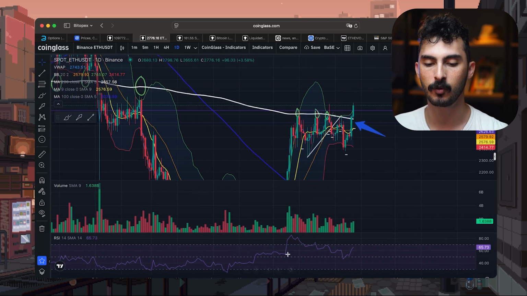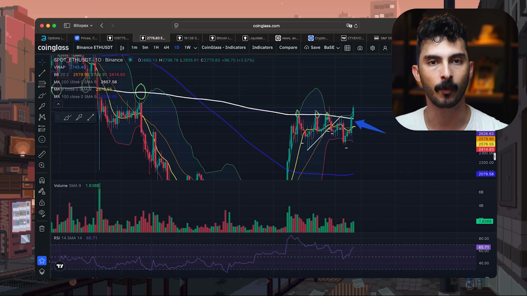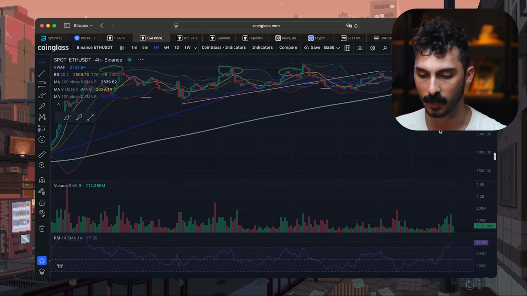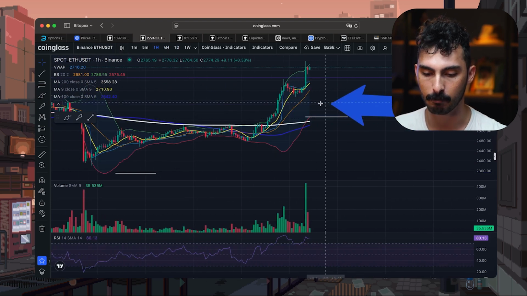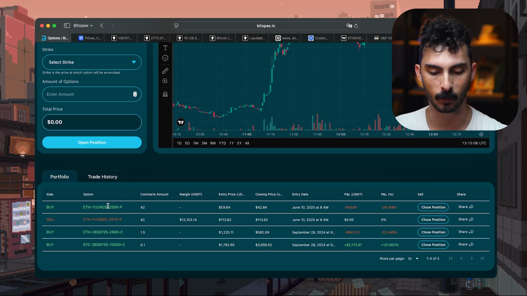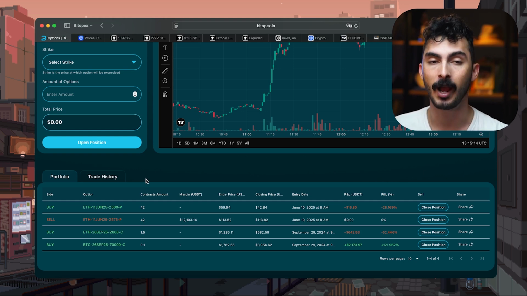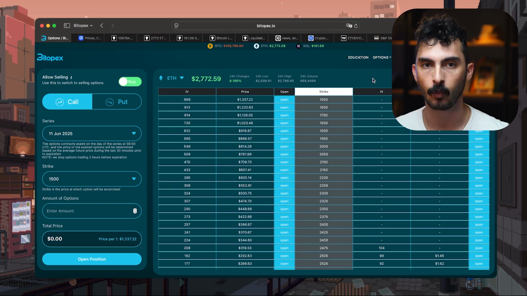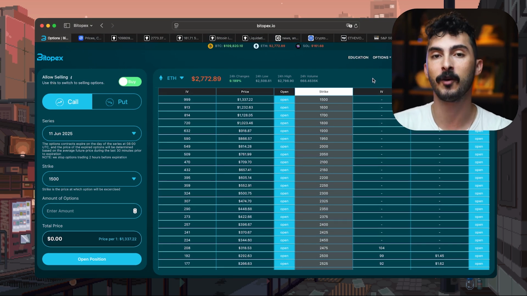But how are you going to be able to make money with our options? By selling options, creating that passive income. So I already opened mine. If we go back to the 4 hours, even the 1 hour, you can see that I already made my bet right before this huge spike right here. I sold a put spread, and we can see it right here. So the put spread was a 2575 and a 2500. So I sold that, I collected the premium, and now I'm going to show you how you can do the same thing if you are not very familiar with options or just don't know how to put a spread together.